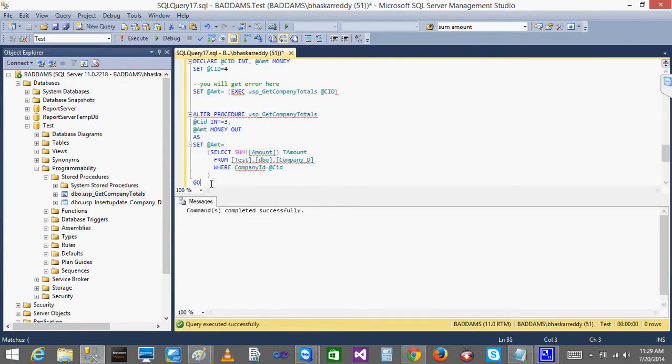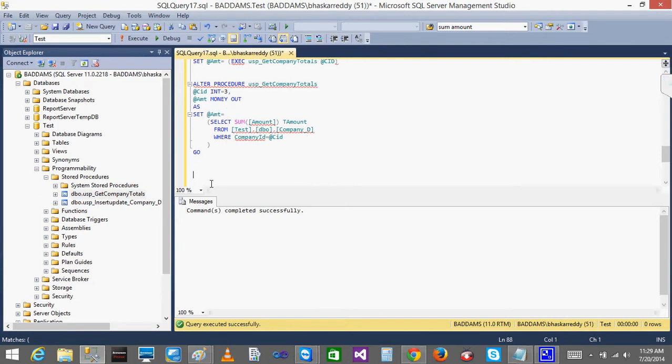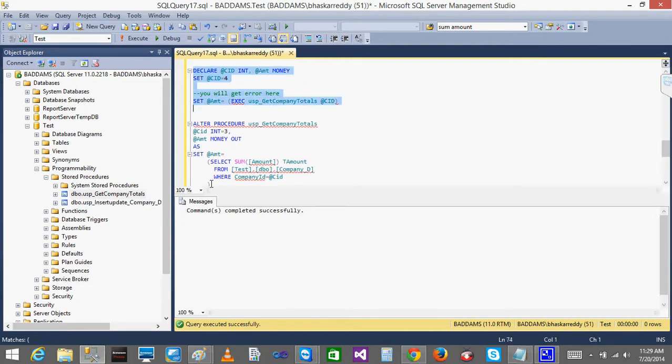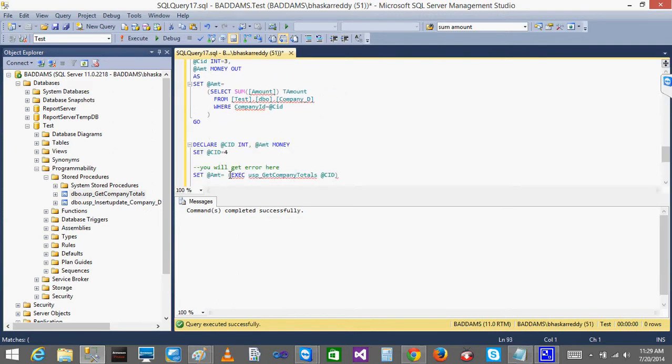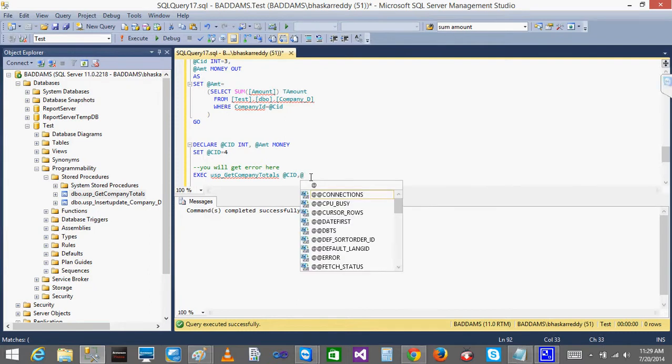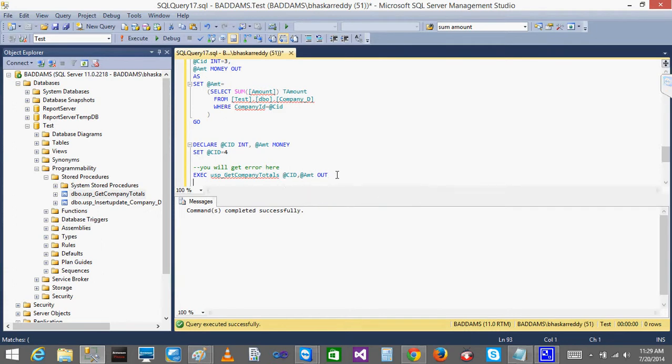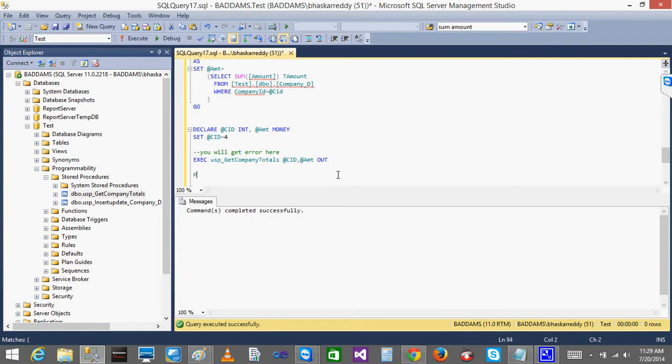In order to get that value directly, there is no need to use a set here now. I will copy this one and paste it here, but instead of this CID, comma @amount as out, you just write OUT, that is it. Automatically, now I want to print it, I can print it now. I will write print, total amount